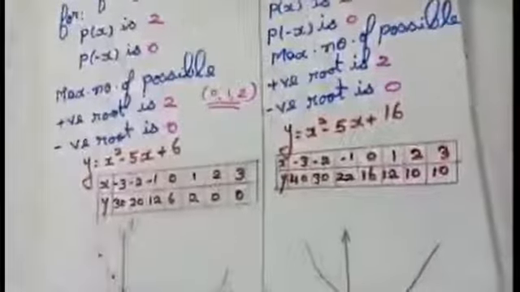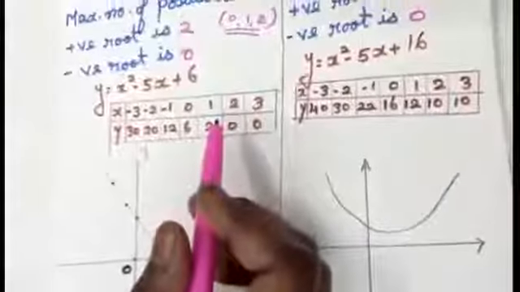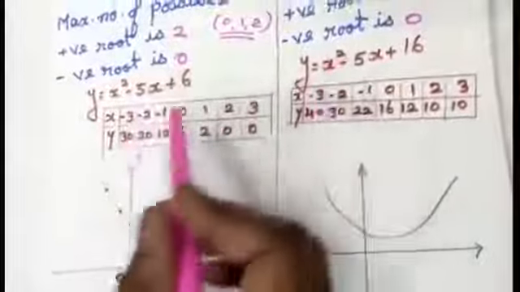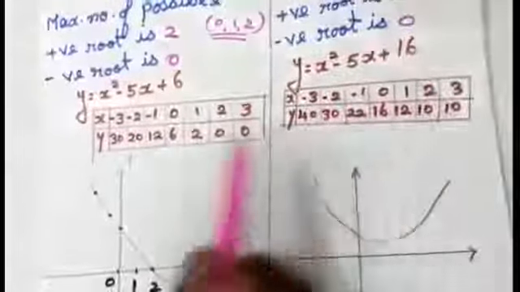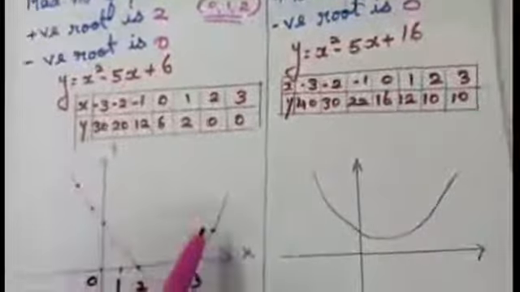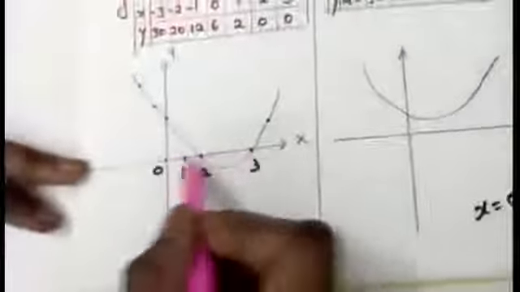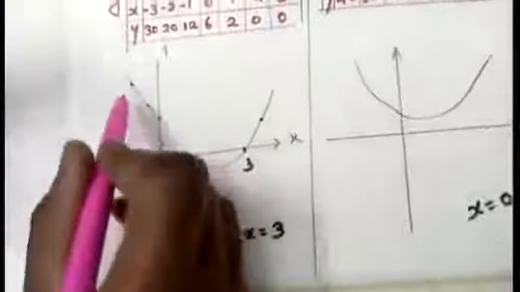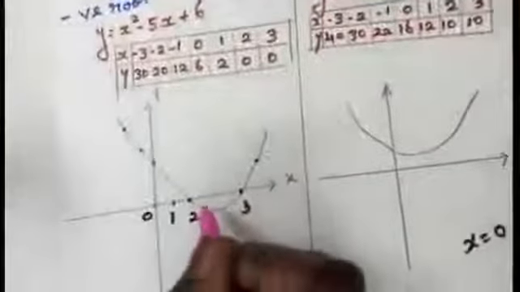And they are asking you to draw the graph for this one. Normal graph. How will you do it for normal calculation? Take the equation. Just take the range, students, minus 3 to plus 3 I am taking here. You are going to draw the graph. I am going to find the solution for x. Just see here. If you draw the graph, you will be getting it in this form.